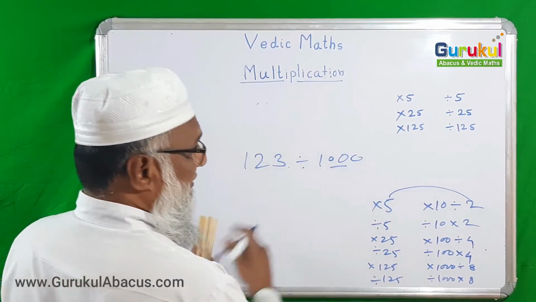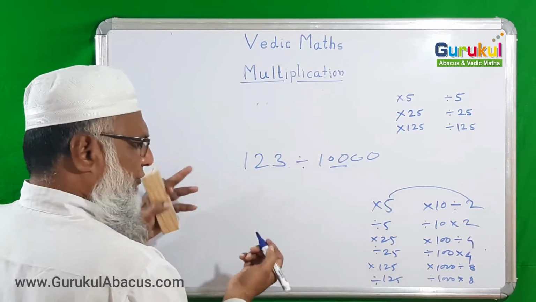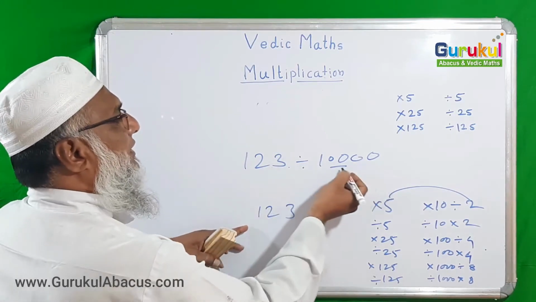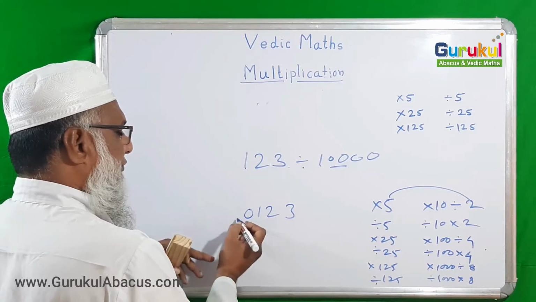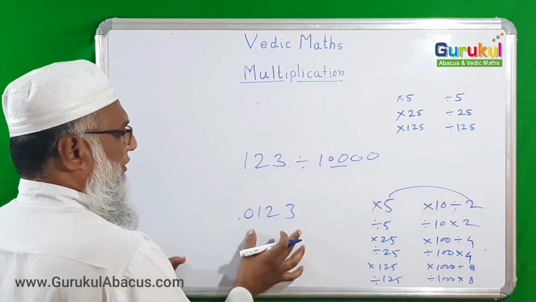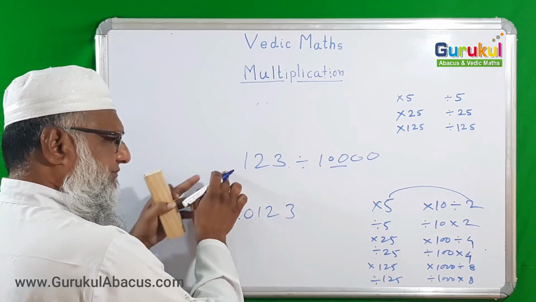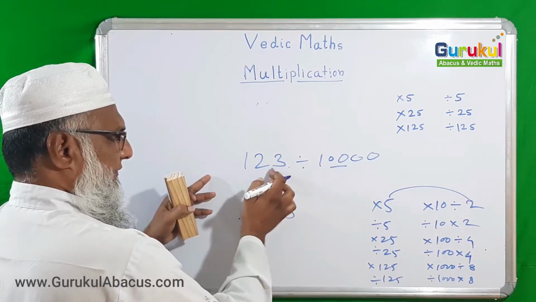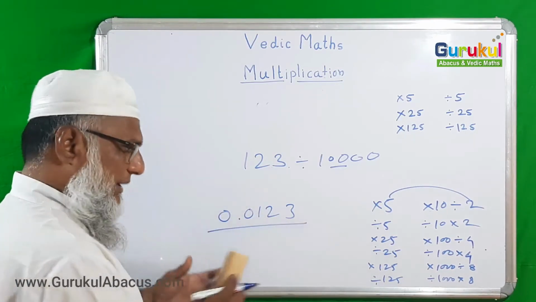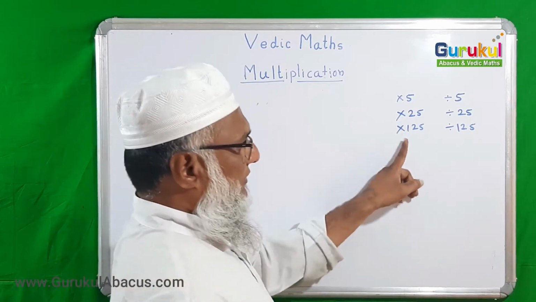Now suppose with the same number you are dividing by 10,000. What to do? Here are only 3 digits, and here are 4 zeros. No problem. Just put the number as it is, which has 3 digits, and here are 4 zeros. So firstly put one more zero, then put the decimal point. According to it, how many zeros are in 10,000? Four. So you place the decimal point 4 places to the left: 1, 2, 3, 4, and then you put the decimal point. That is your answer. By using this method, we can now easily solve all those 6 operations.